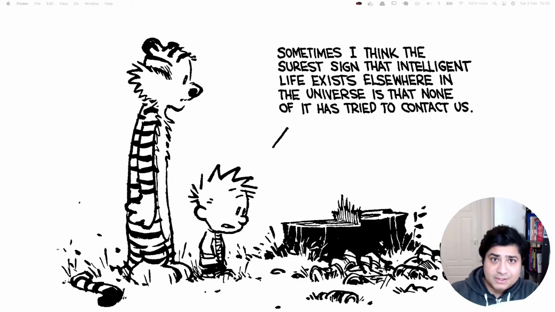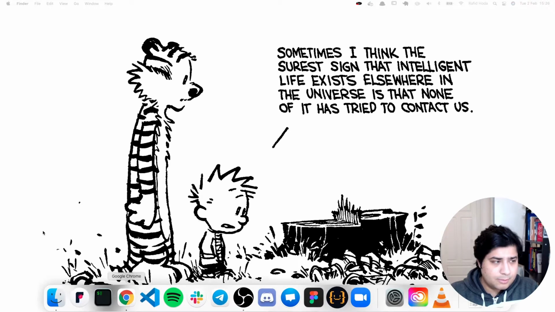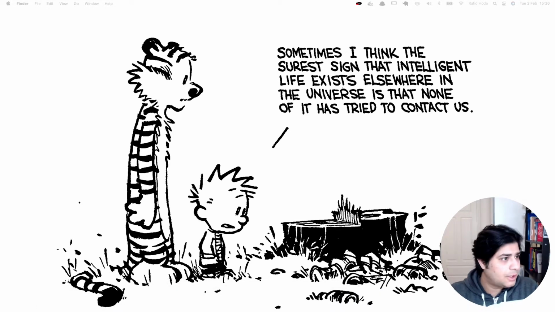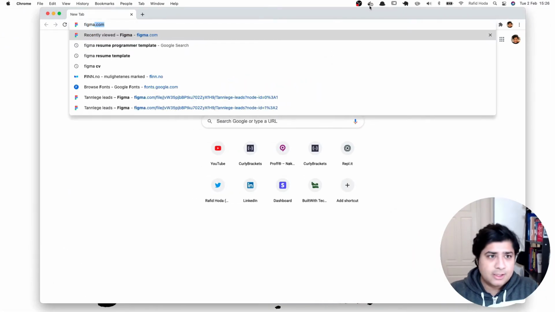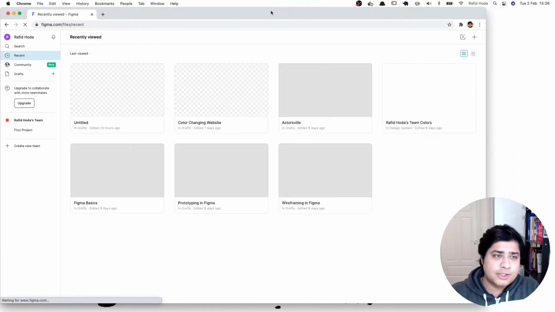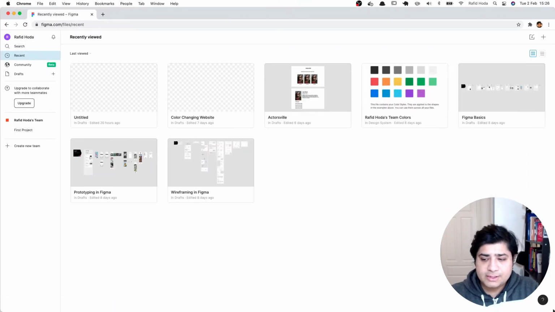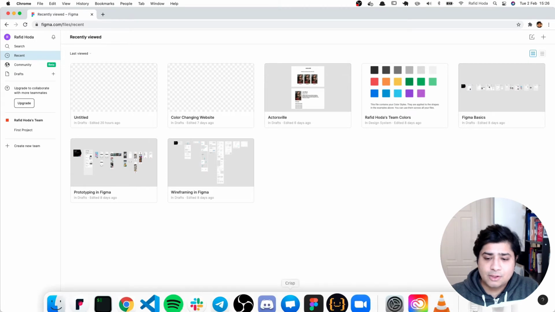Okay, let's get started building this thing. So, as always, the first thing I want to do is just sketch out my idea so that I have something to work off of when I start coding this thing. So for that, I'm of course going to be using Figma. So let's open up a new browser window and go to Figma. If you haven't used Figma before, check out my video on Figma. It's a fairly simple piece of software